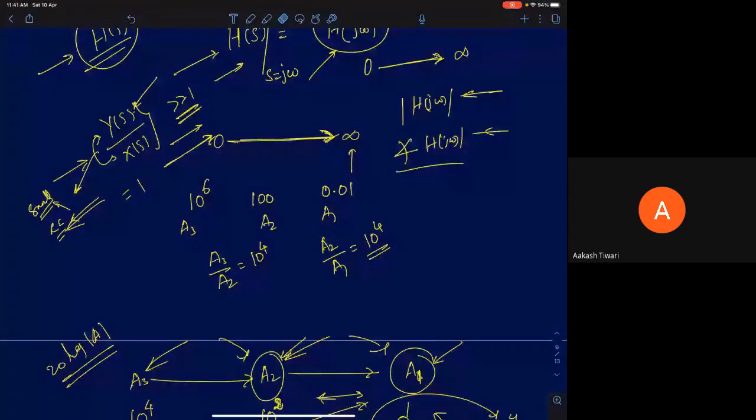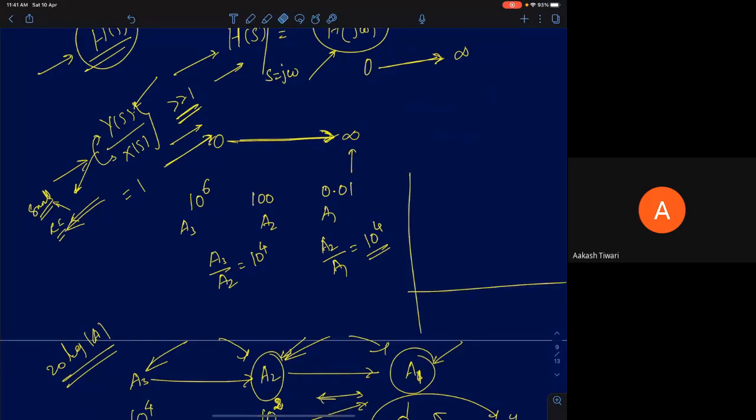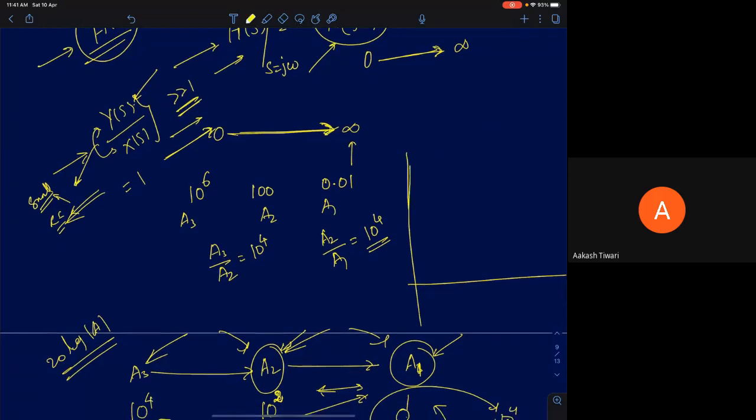Now, we'll first try to plot this on a linear scale. If I try to plot this on a linear scale, what will happen is that I want to plot 10 power 6, right? So I'm going to divide the axis into steps of 10 power 5. 10 power 6 is actually a million. So I need to have 1/10 of a million points marked on the y-axis. So this will be 10 power 5, 2 into 10 power 5, and so on. 10 into 10 power 5 will be here, which is 10 power 6.